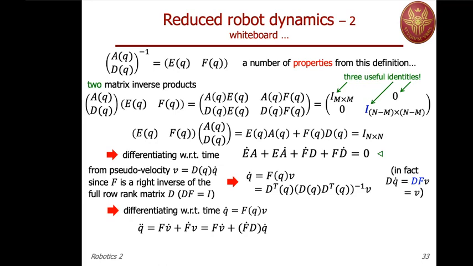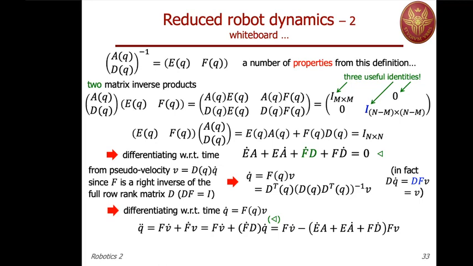But now v is again D times q dot. So in the second term, we will recognize the product F dot times D. And F dot times D is one of the expressions in the